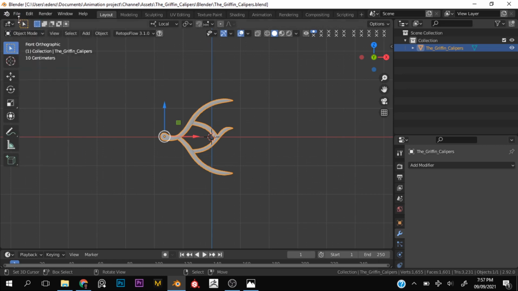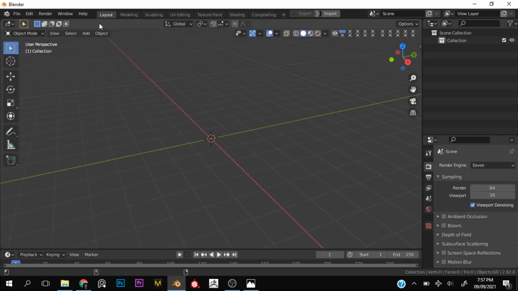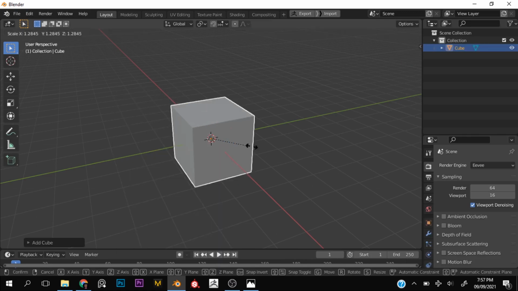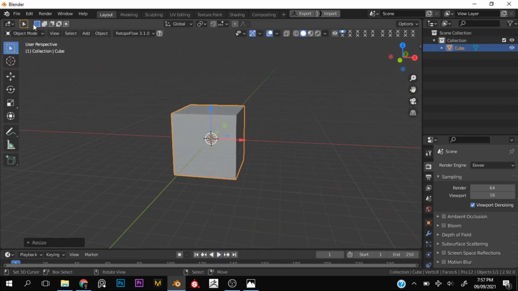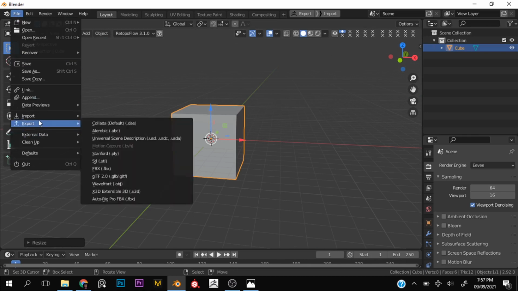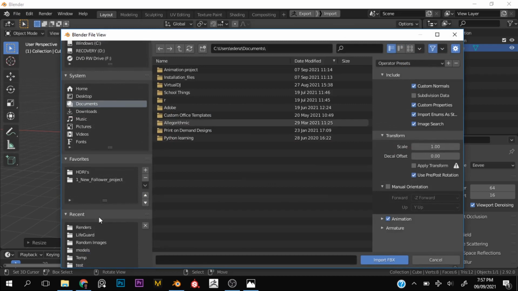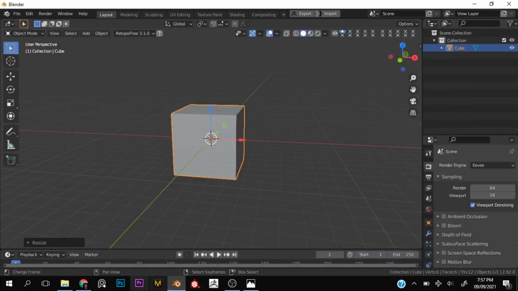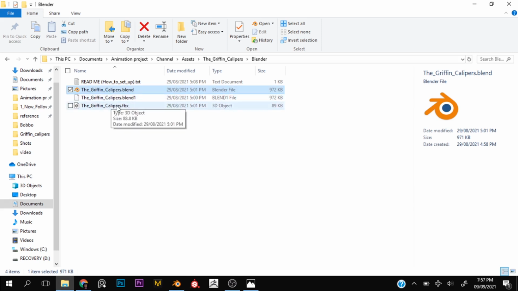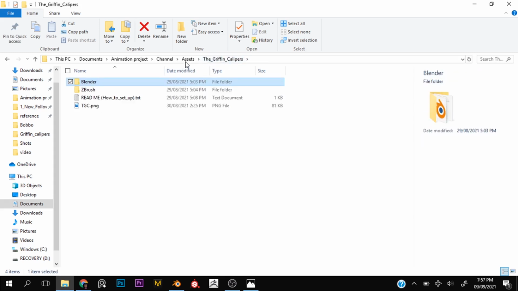Optionally, you can add it in a different file. Let's say you have a scene already and you need it here. You can copy it from that file and bring it into here and paste it, or you can import the FBX from wherever you saved it, and you just import the FBX that comes in the file here, and you can just use it for whatever. Now I know I said Blender and ZBrush users, but whatever 3D package you use, you can actually use the Griffin calipers. I have the FBX here,